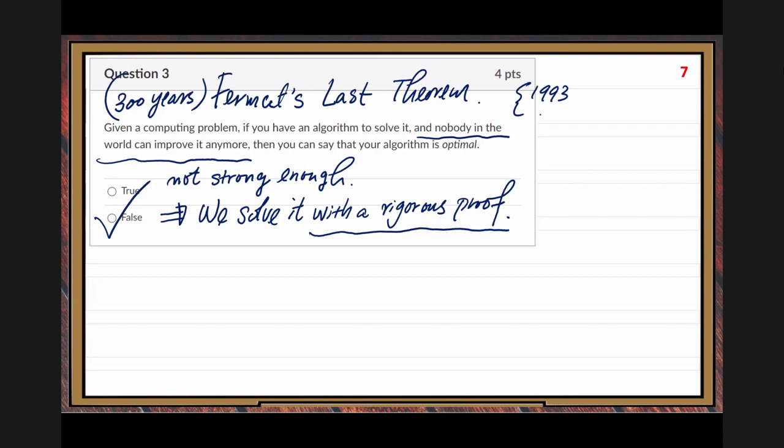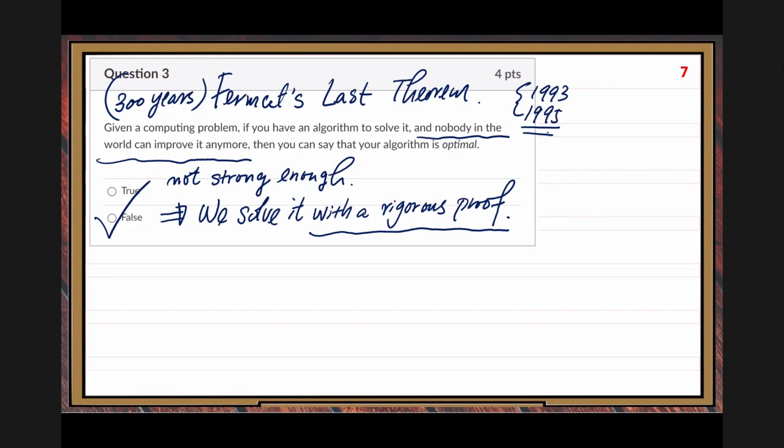And the final version, 1995, was a solid version. All experts agree it's a rigorous proof. No hole. So you can see sometimes people make mistakes. So we need all the experts in the world to criticize it, try to find the holes. And the final version, we then treat as a rigorous proof.